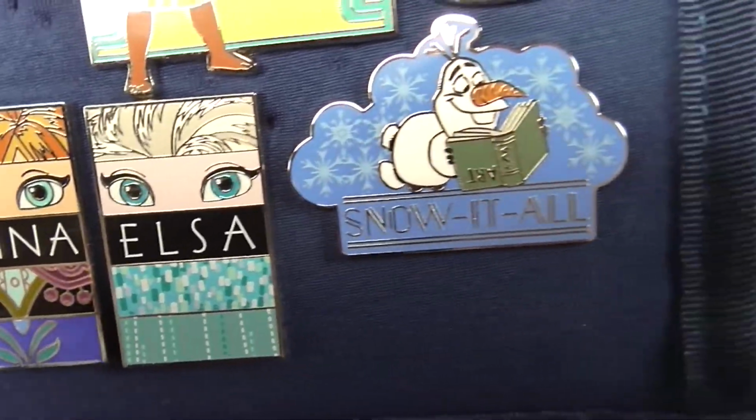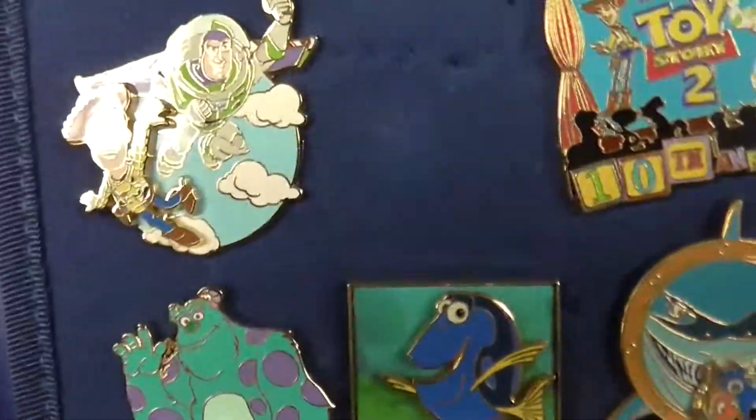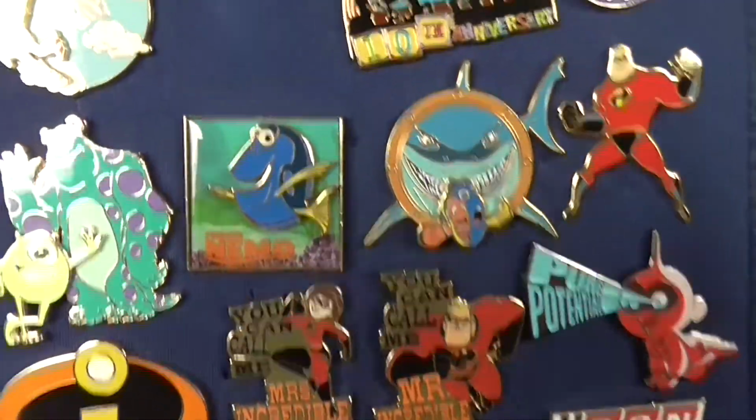So yeah, it stops at Frozen 2 because I haven't been to Disney since. So no Raya pins. So now this is our Pixar page, starting with Toy Story, of course. And then